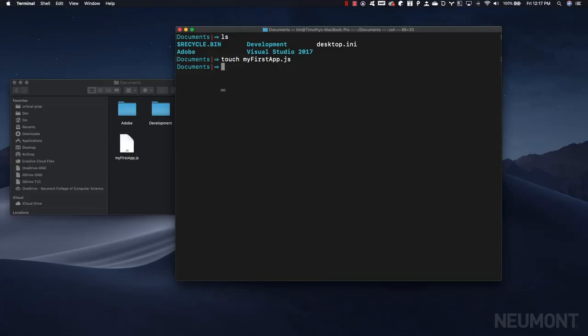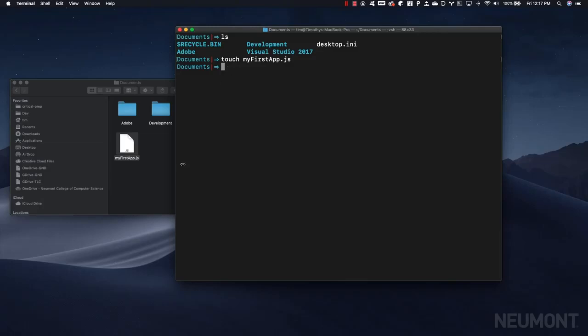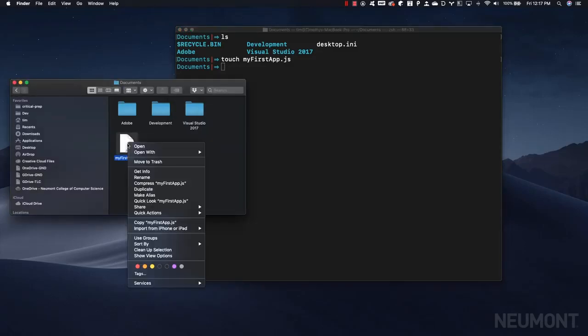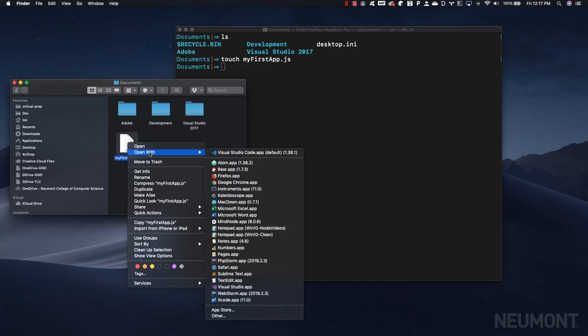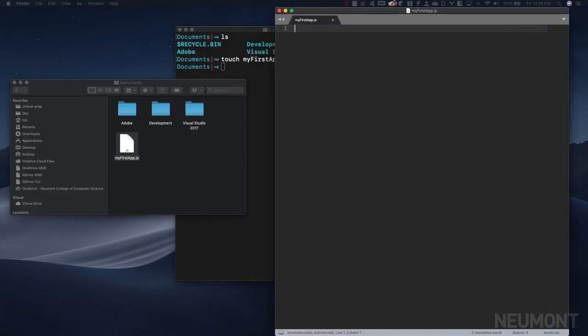So if we go ahead and hit enter on that, we see that that file gets created for us inside of Finder. So we can right click on this file and open it up with a text editor to allow us to modify the contents of that file. Now, if you don't have a good text editor installed, a good one is Atom or Sublime Text. For just simple text editing, I like Sublime Text. So I'm going to go ahead and open up Sublime Text right here. And it opens up my file,